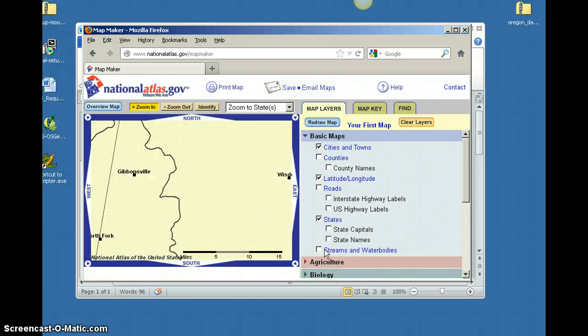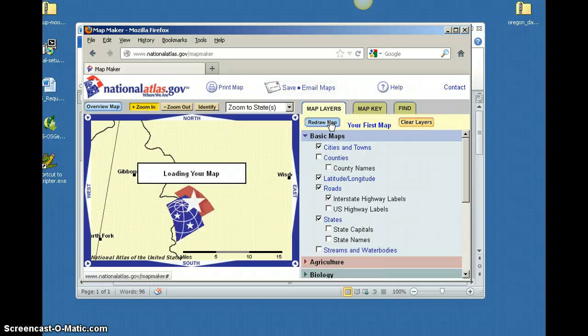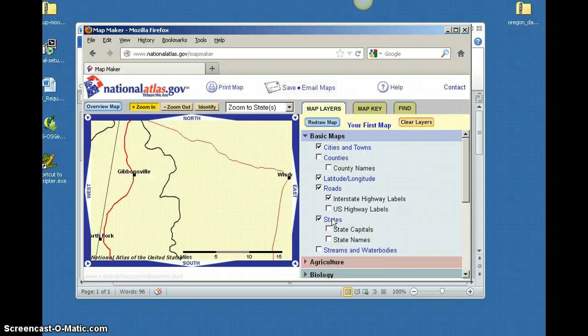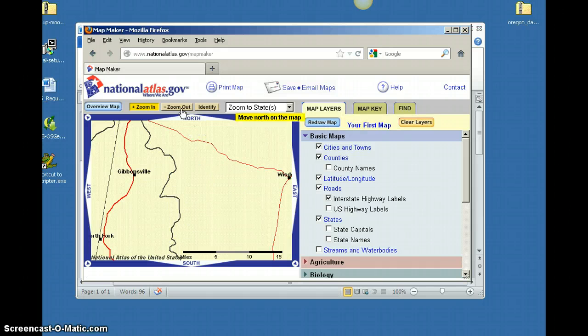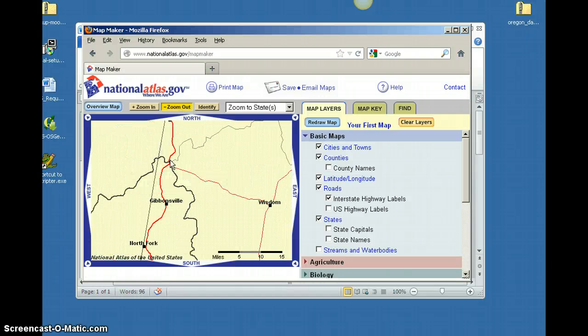I'm going to just zoom in here, and let's turn on the highways, and let's turn on the counties, and maybe zoom out a little bit more. Okay, so let's say I want to capture this image because I've been looking for Gibsonville and there's something really